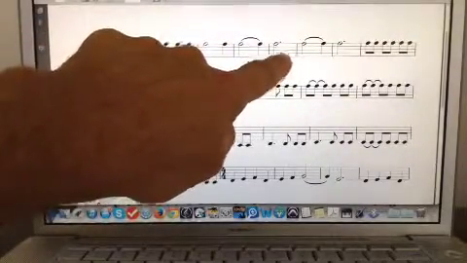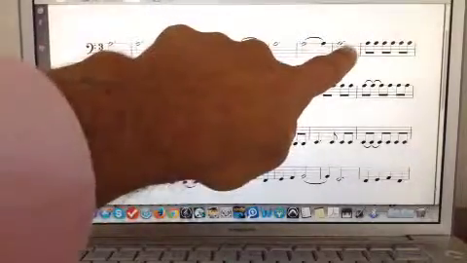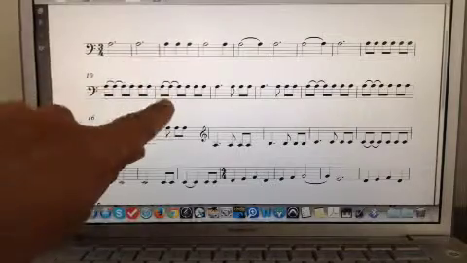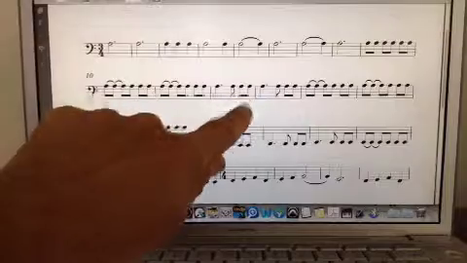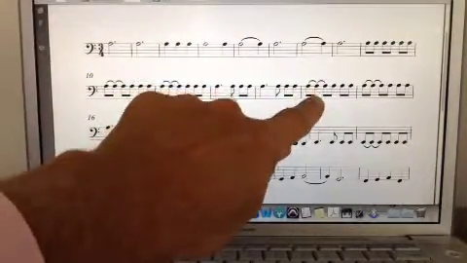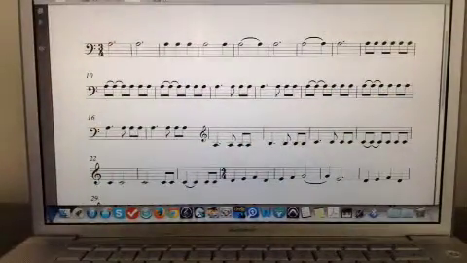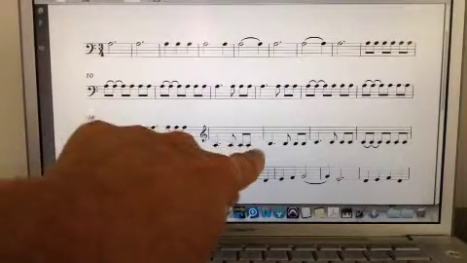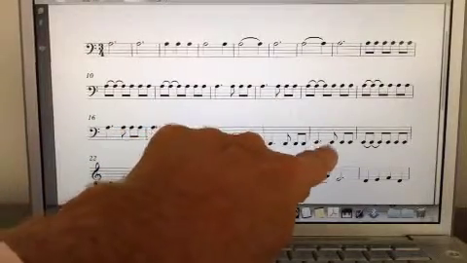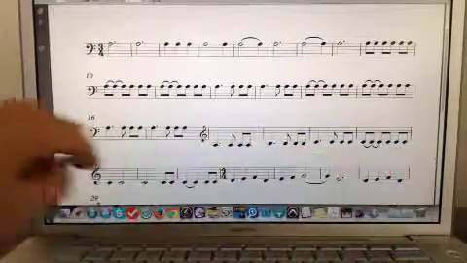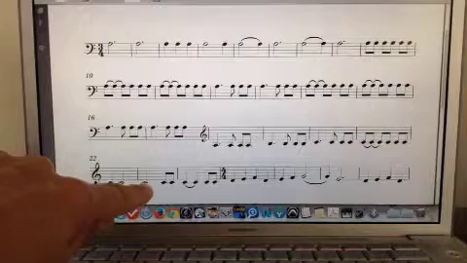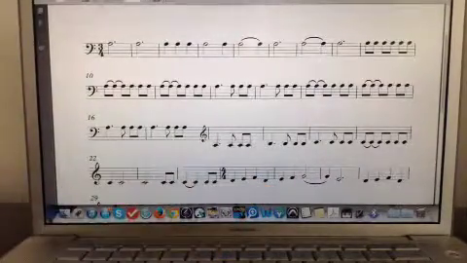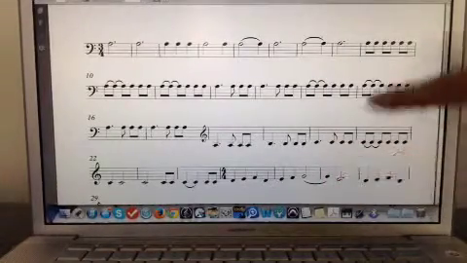ta, ta, ta, ta, ta, ta, ta, ta, ta, ta, ta, ta, ta, ta, ta, ta, ta, ta, ta, ta, ta, ta, ta, ta, ta, ta, ta, ta, ta, ta, ta, ta, ta, ta, ta, ta, ta, ta, ta, ta, ta, ta, ta, ta, ta, ta, ta, ta, ta, ta, ta, ta, ta, ta, ta, ta, ta, ta, ta, ta, ta, ta, ta, ta, ta, ta, ta, ta, ta, ta, ta, ta,